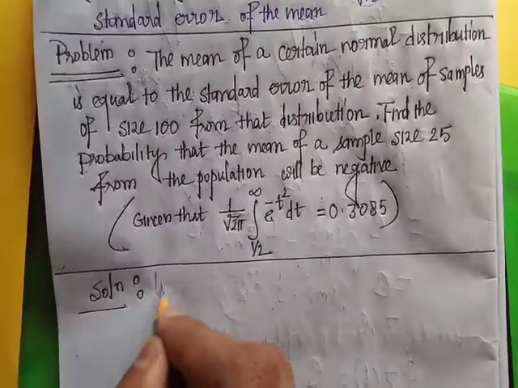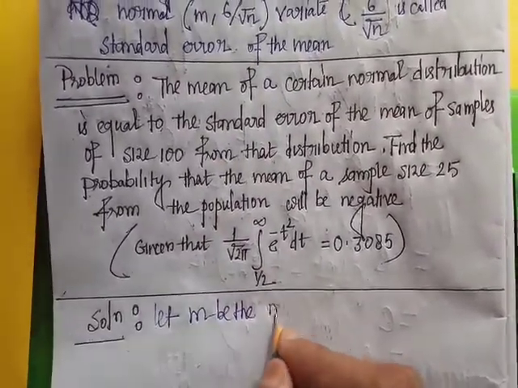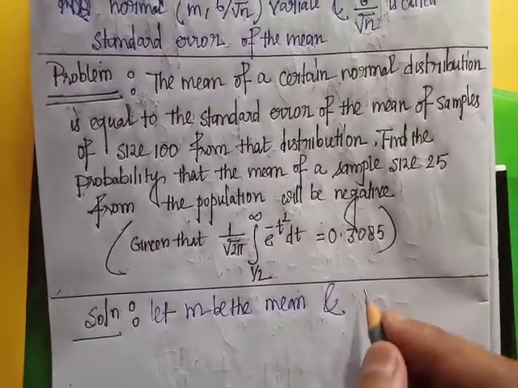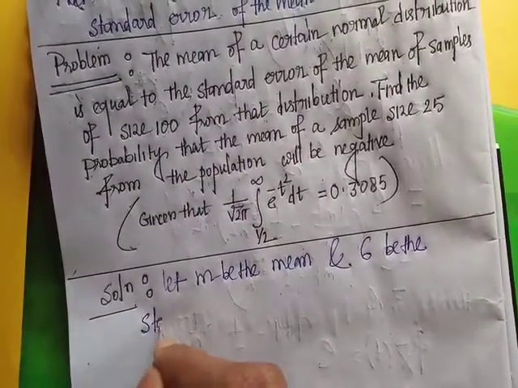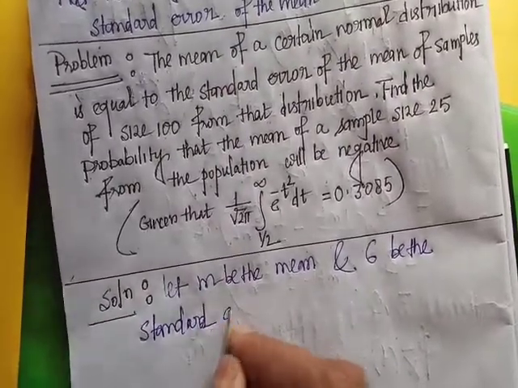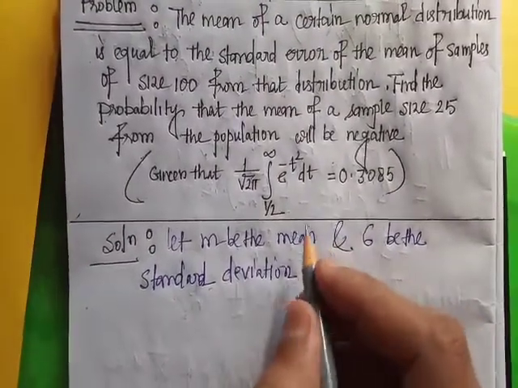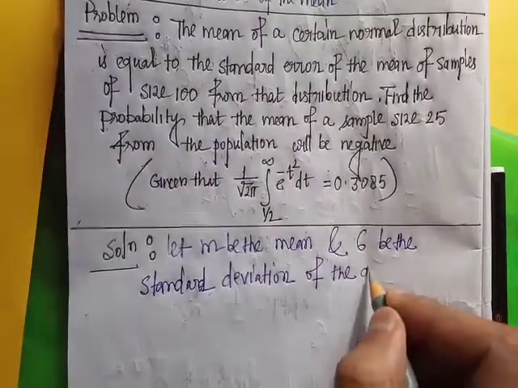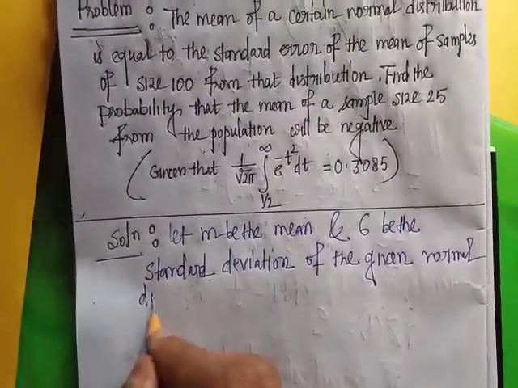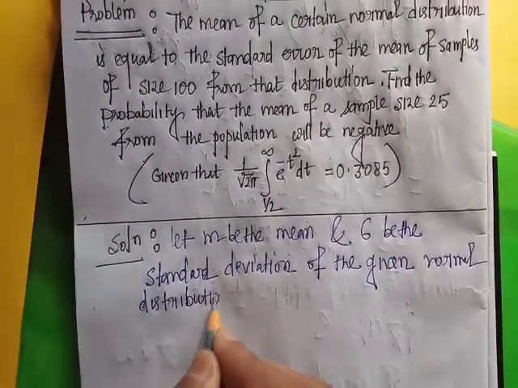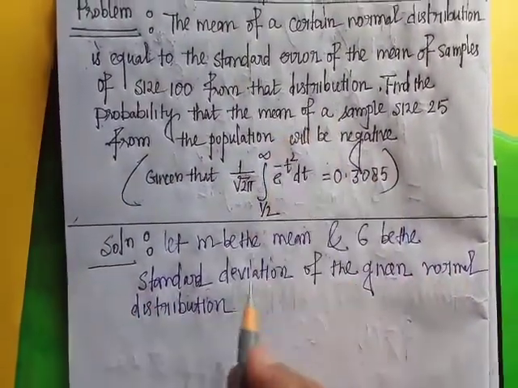Let m be the mean and sigma be the standard deviation of the given normal distribution. Okay, then